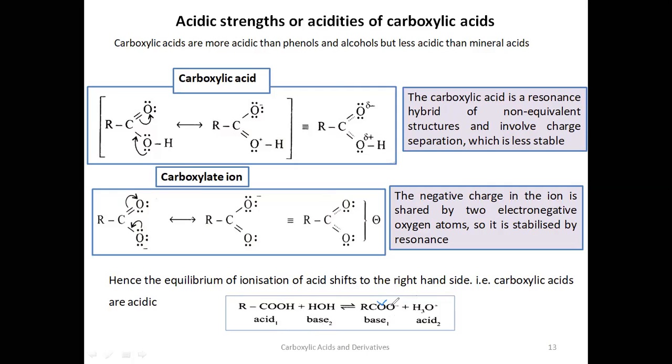Now let us see how that is possible. Let us consider the carboxylic acid resonance structures first. I think you all know how to write resonance structures; you have already studied them in the previous first year class. So let us see again. This is a carboxylic acid, R C double bond O OH. In order to write the resonance structures, you have to shift the lone pair of electrons on the oxygen here.